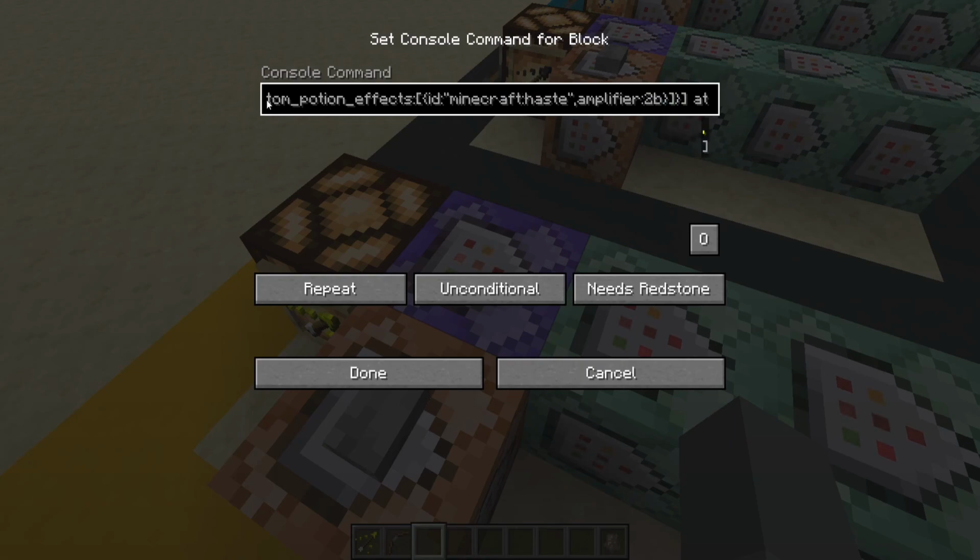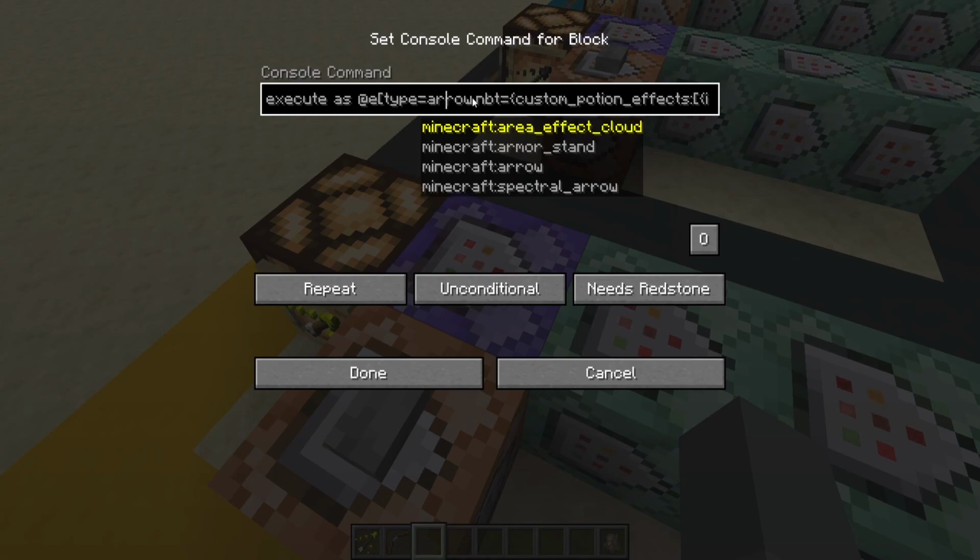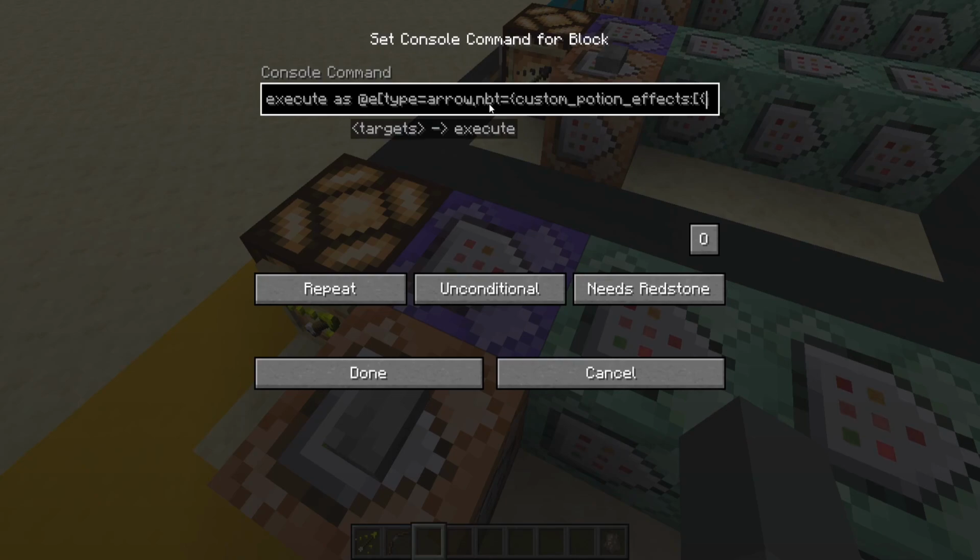And the way we target the arrow is we do execute as the arrow, type equals arrow, and we have an NBT modifier. So we have custom potion effects, and in these brackets here we have the effect, the name of the effect, and the amplifier of the effect. Now I'll put the commands in the description so you can study them further because the brackets can get kind